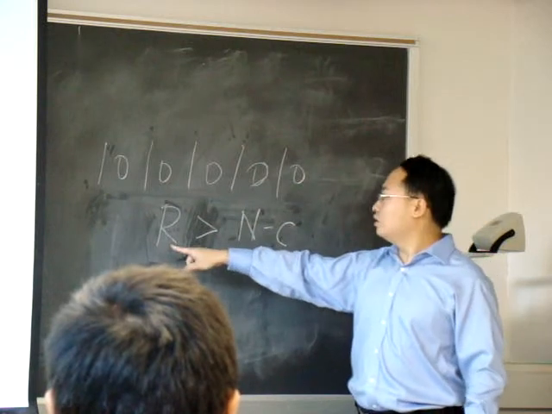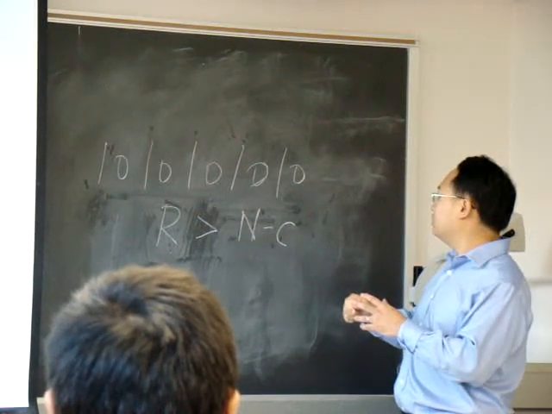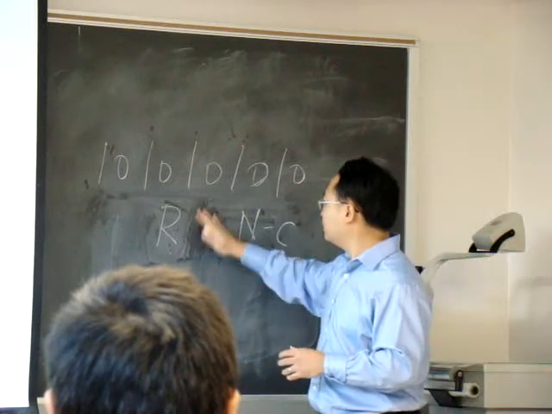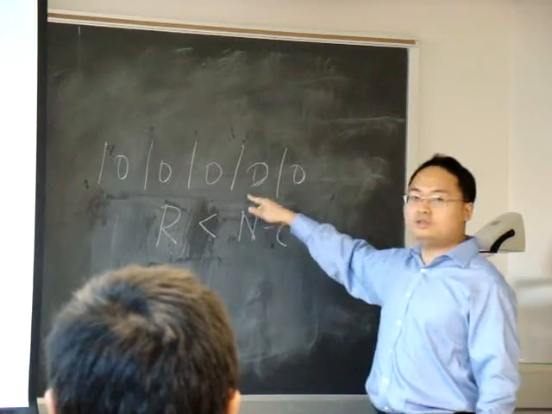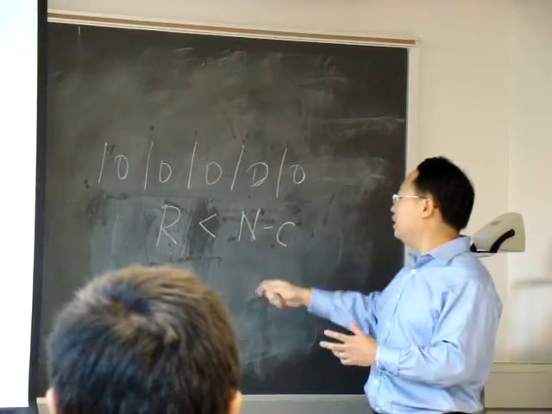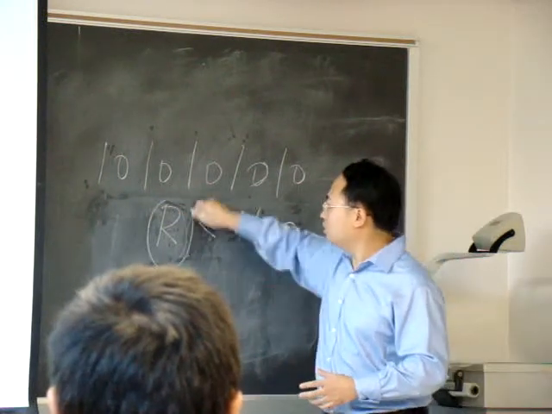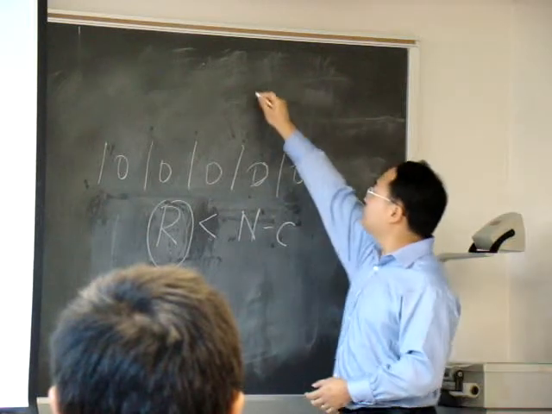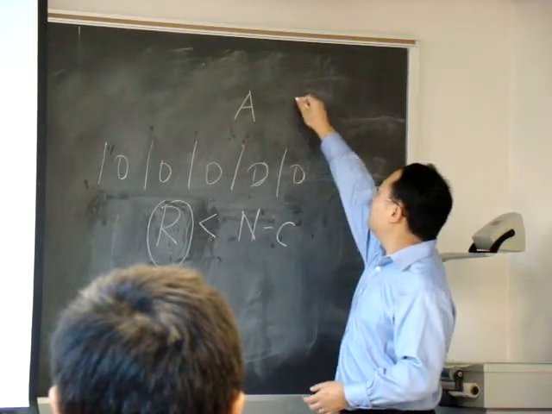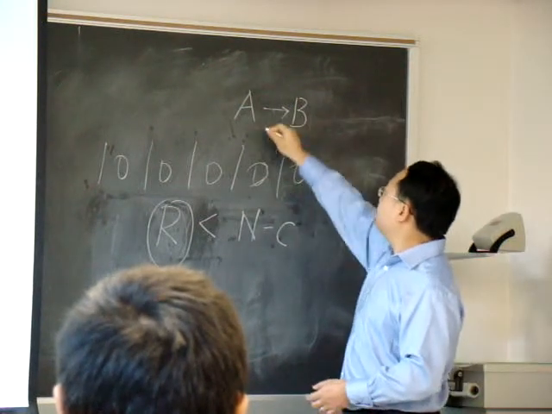Suppose R is the compression ratio, which means the new size minus the old size, something like that. Let me define it another way. Originally it has a length of A, now it has the length of B after compression. Then R is defined